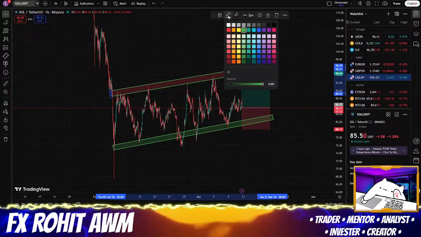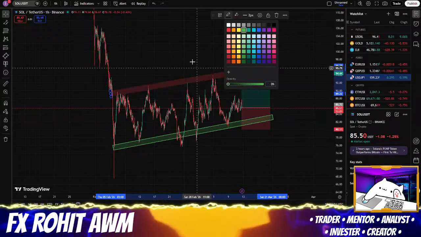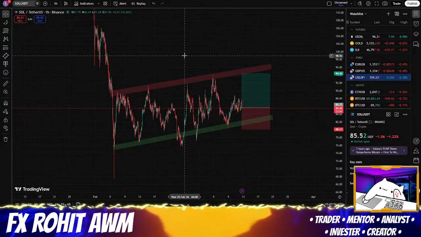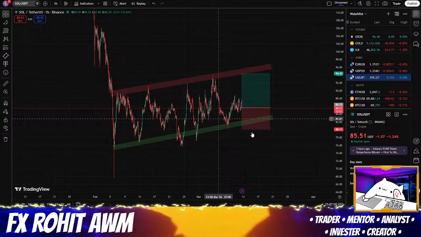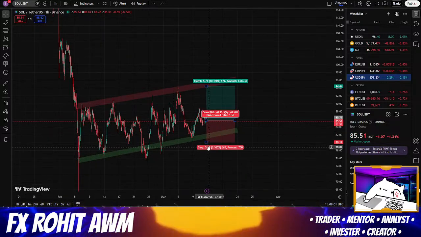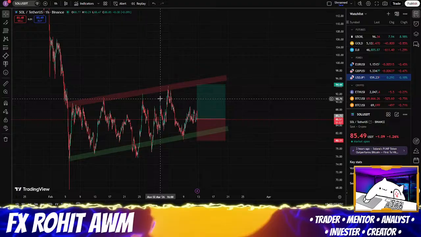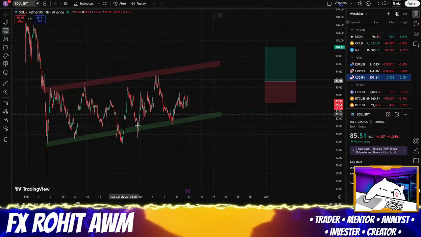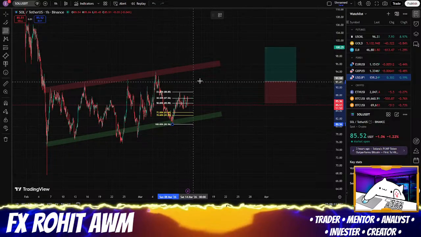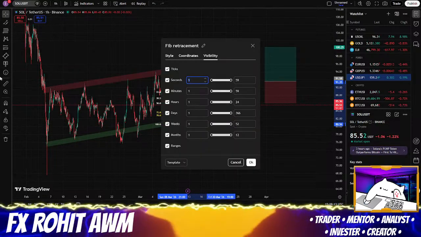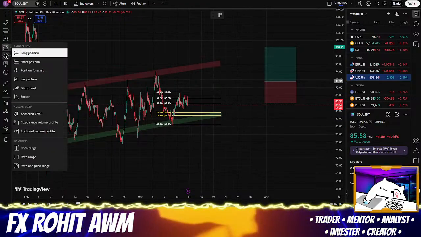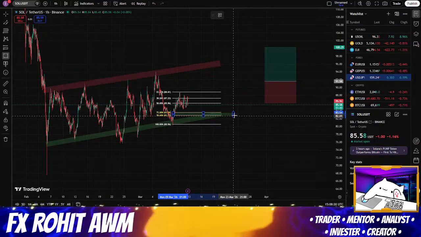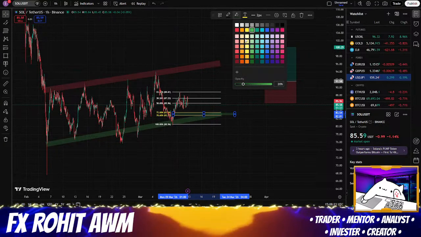This is red, and this is our support zone. So as per this, guys, we can take two trades if we want. So after a calculation, if the market hits that area, our golden zone,